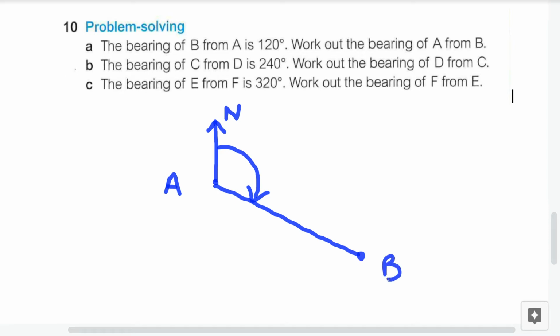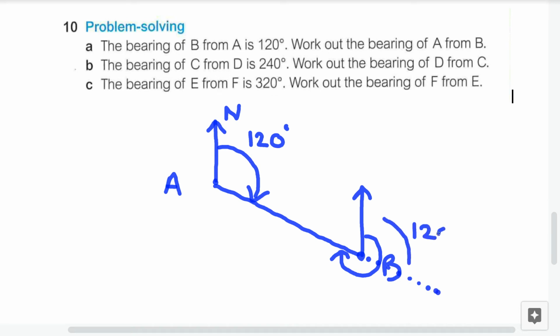from B. And again, we have to take our north line, and there are two ways we can do this. The first way is we can just draw a very accurate diagram and measure it. The second way is we can try and calculate it. We know this is 120 degrees. So we know that if we were to, in theory, have carried on this line, this angle here would also